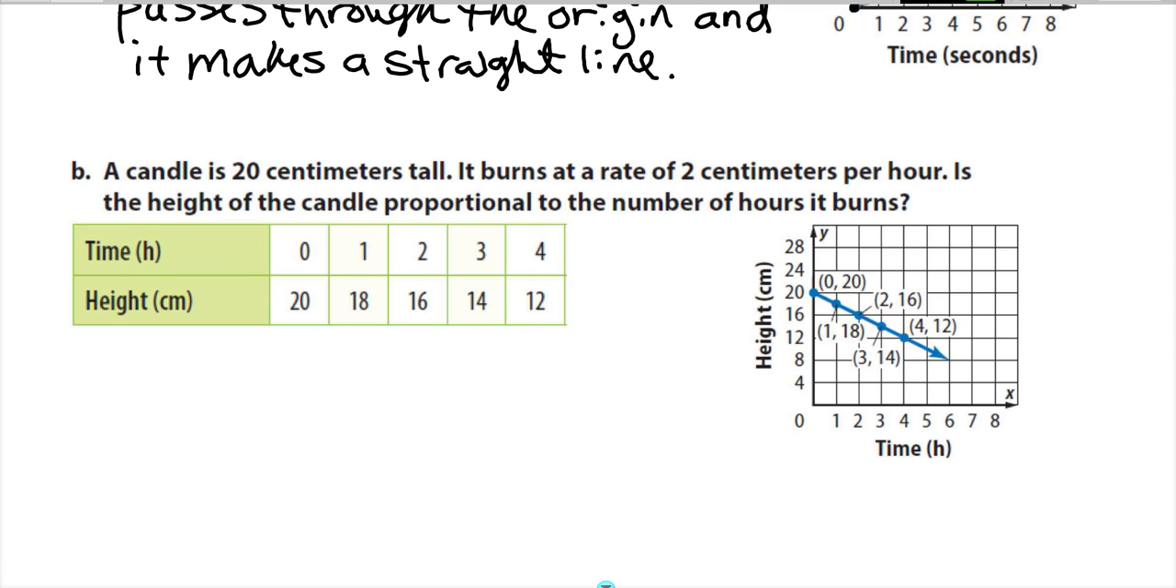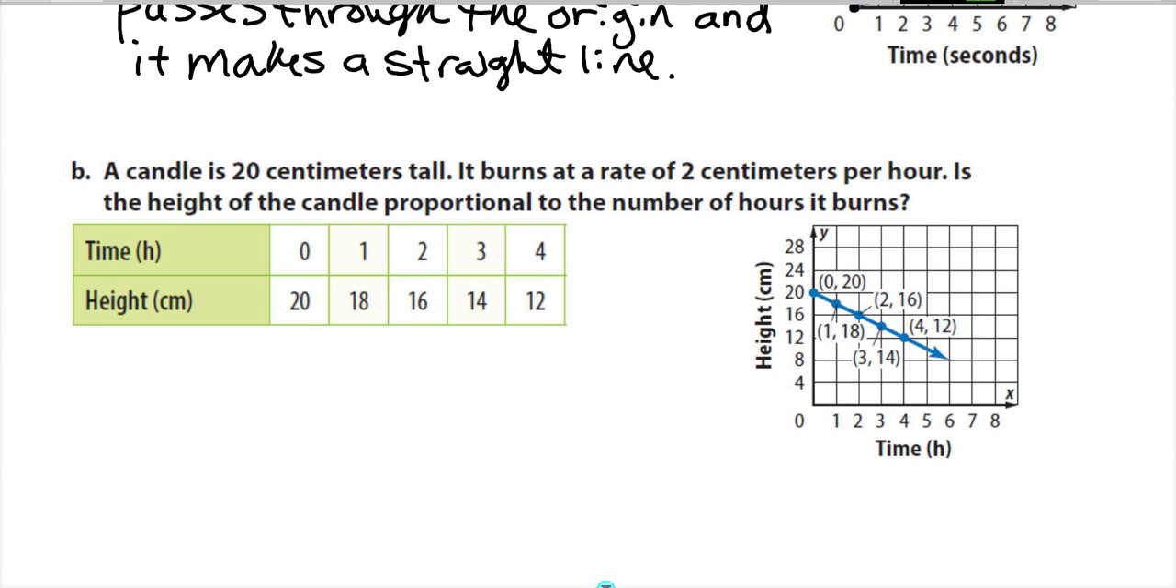So, what's our criteria that we have to look for? Does it pass through the origin? No. Does it go through 0, 0? Does it make a straight line? Yes, it does make a straight line, but it has to meet both of them. So will it work then? No. All right, and this is where people like to look at the table and they're like, well, but it's